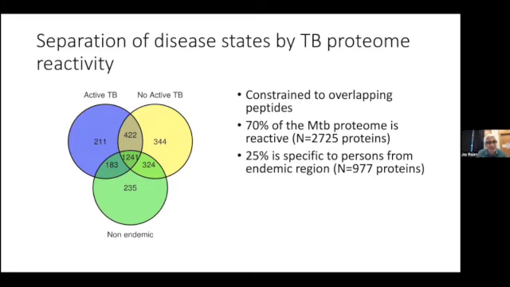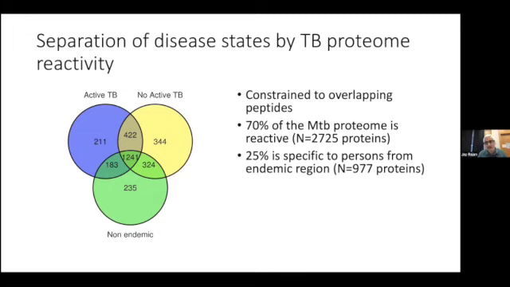Pretty much everybody was latently infected in this cohort, as you might imagine. This is a cohort of patients from Uganda. But reactivity against 25% was seen only in people from endemic regions